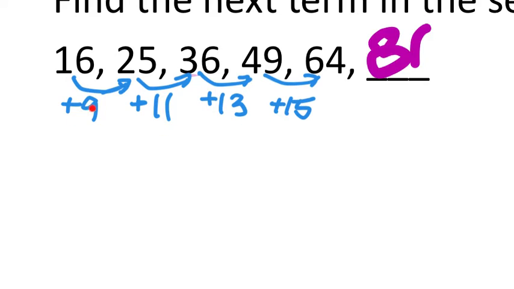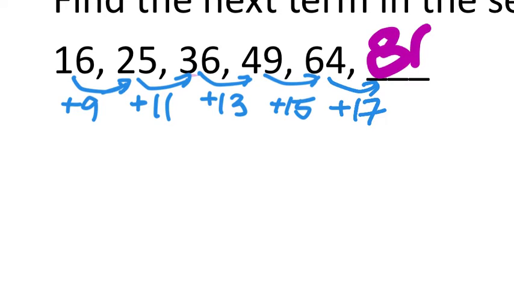Now, I didn't actually do the math on the 15, and I didn't really have to because I saw a pattern with these changes, right? From each term to each term, it went from 9 to 11 to 13. Naturally, the next number should be 15, right? It's just 9, 11, 13, 15. That's just adding 2 each time to these changes, which means to go to the next value, I take 64